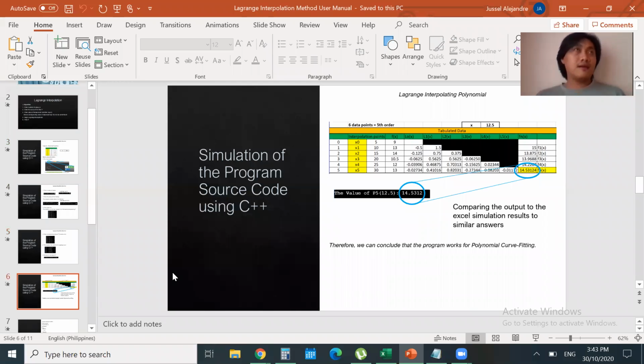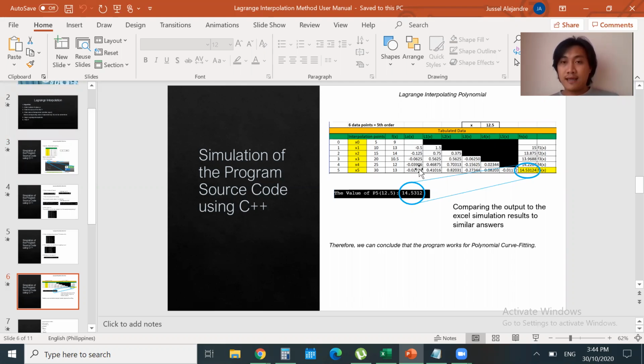So this example, I already computed in an Excel spreadsheet. So we can compare that the value of this program is similar to the value computed in the Excel spreadsheet that I did.